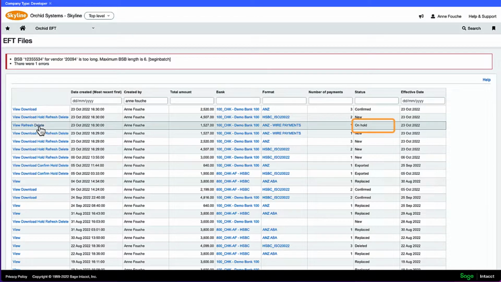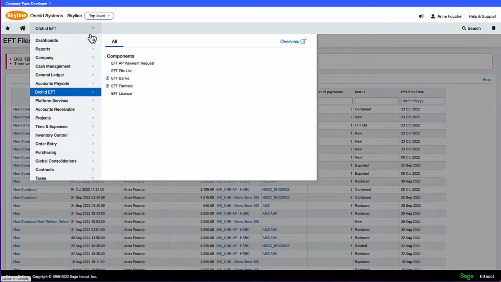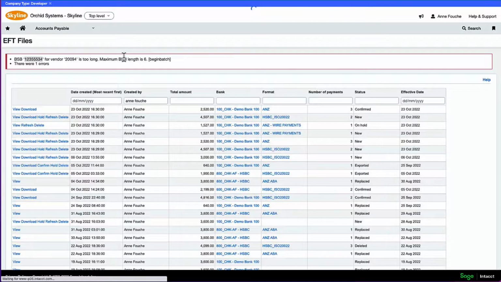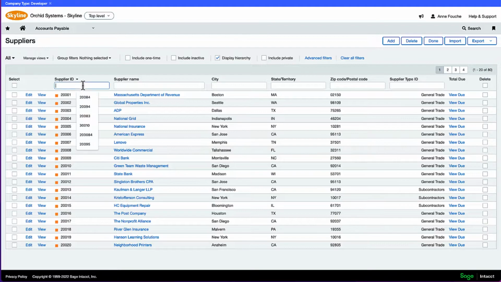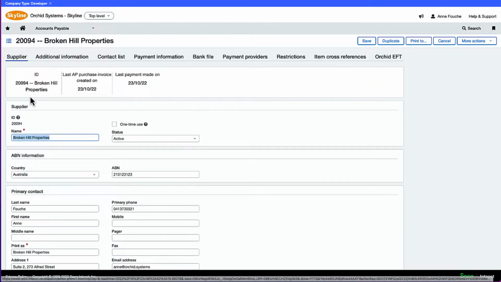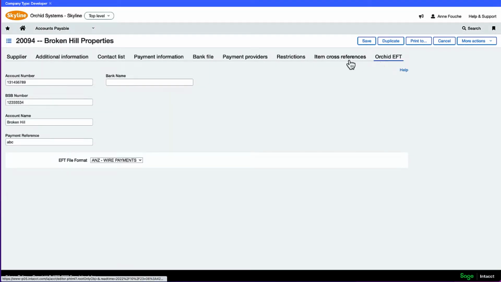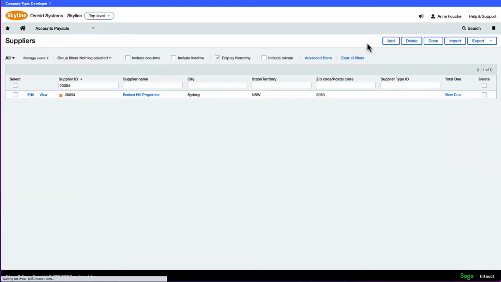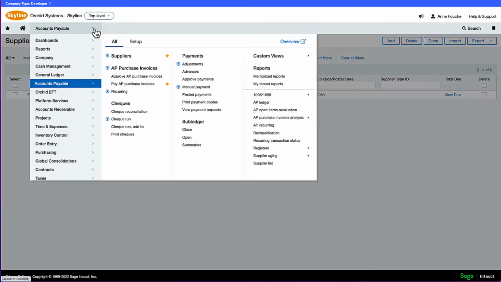and now the status has become on hold, and now we would go and correct that data and come back and refresh the file to re-export it. So going to our AP supplier, the error message was that the BSB number was too long, so we need to make this a 6-digit number. And then back on our EFT file,